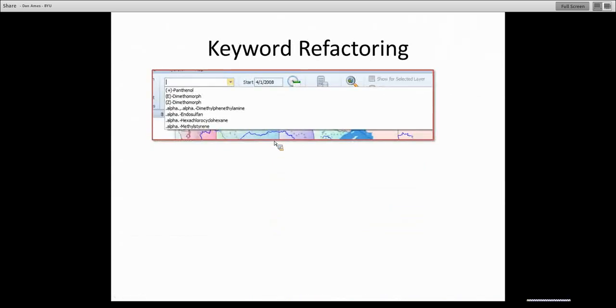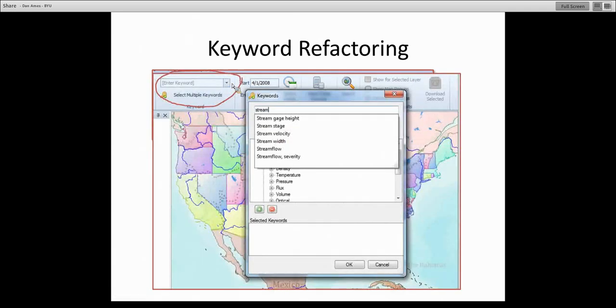Keyword refactoring. Here's a picture of how the new keyword refactoring looks. You'll see that you just simply start typing a term, and it pops up all of the terms. Or if you want to see 3,000 keyword possibilities, just hit the drop-down and start cycling through them. If that's not satisfactory enough and you want to add multiple keywords, then you click this